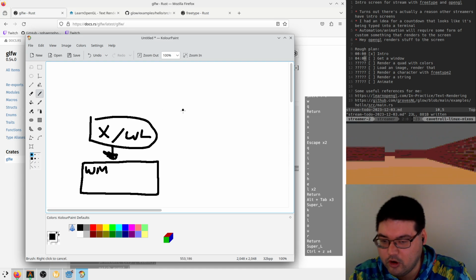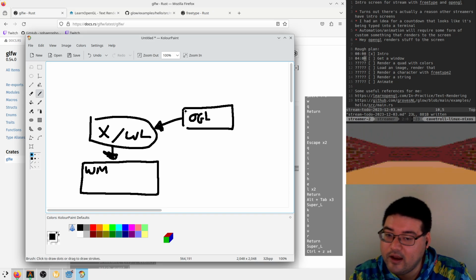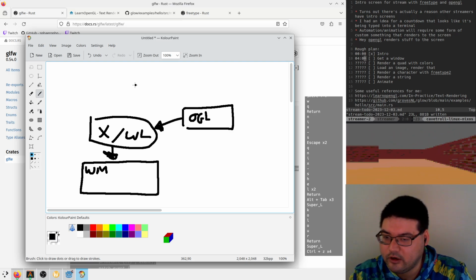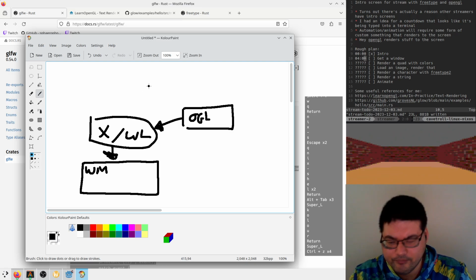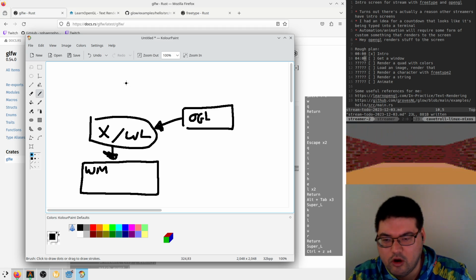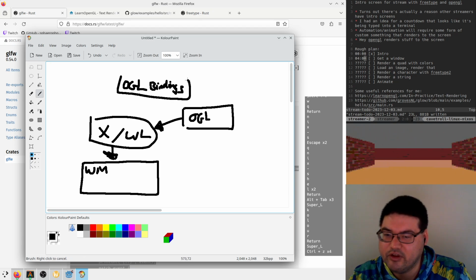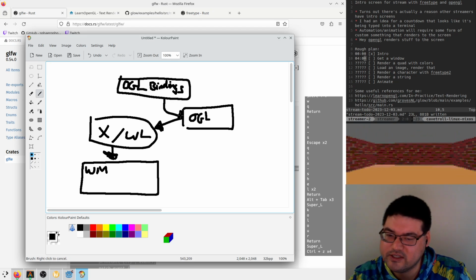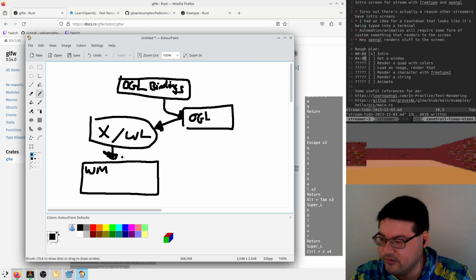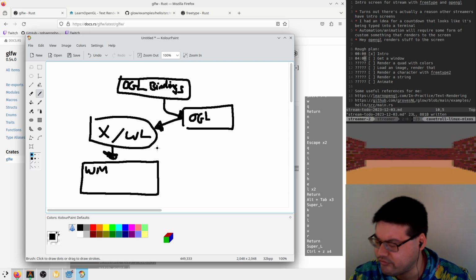Then you need to get an OpenGL context, and you need to bind that context to the window. And then we need to get OpenGL functions. So I don't really understand exactly why, but I've seen people often use OpenGL bindings generators. I don't really understand why. But basically, OpenGL is kind of like a protocol, I think. It's a set of functions that are guaranteed to exist, and you might have extra functions